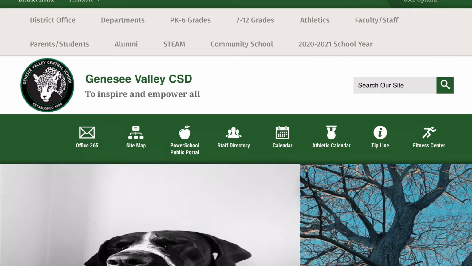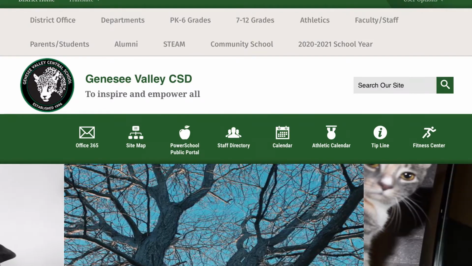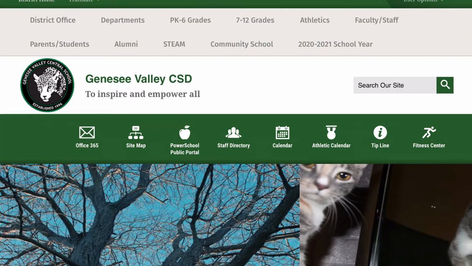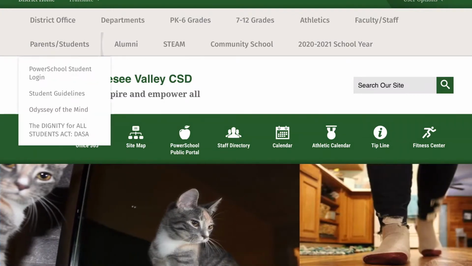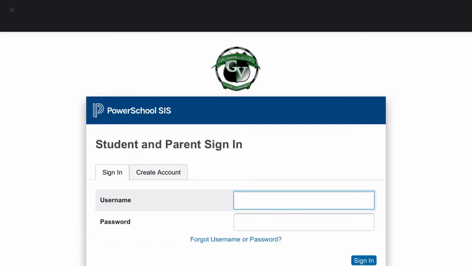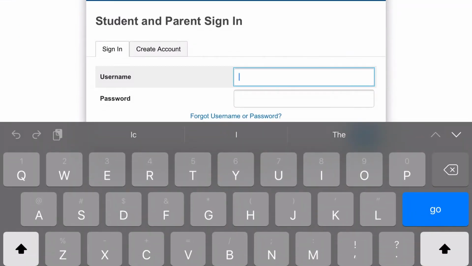This week's tip is how to log in to your PowerSchool to check your grades. So when you're on the GenBelly website, you're going to go to Parent and Students and go to PowerSchool Student Login. From here, you're going to type in your login and your password,